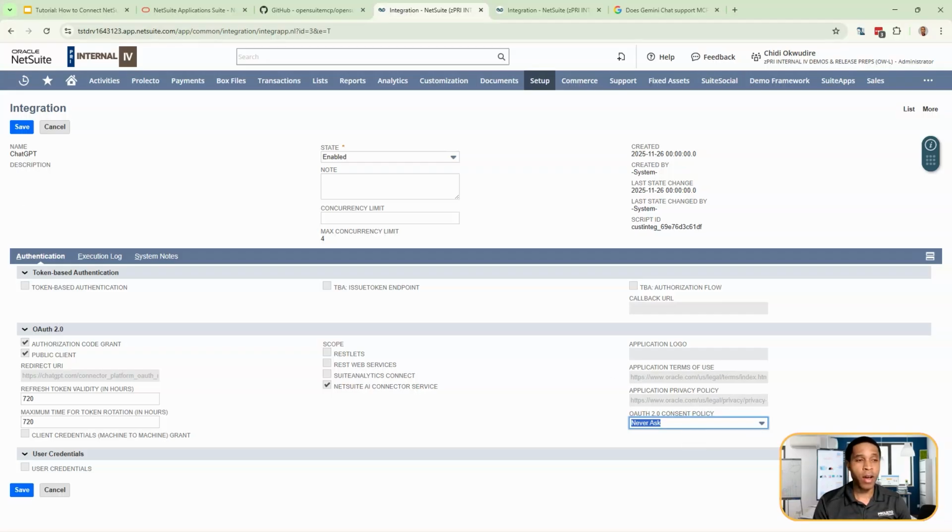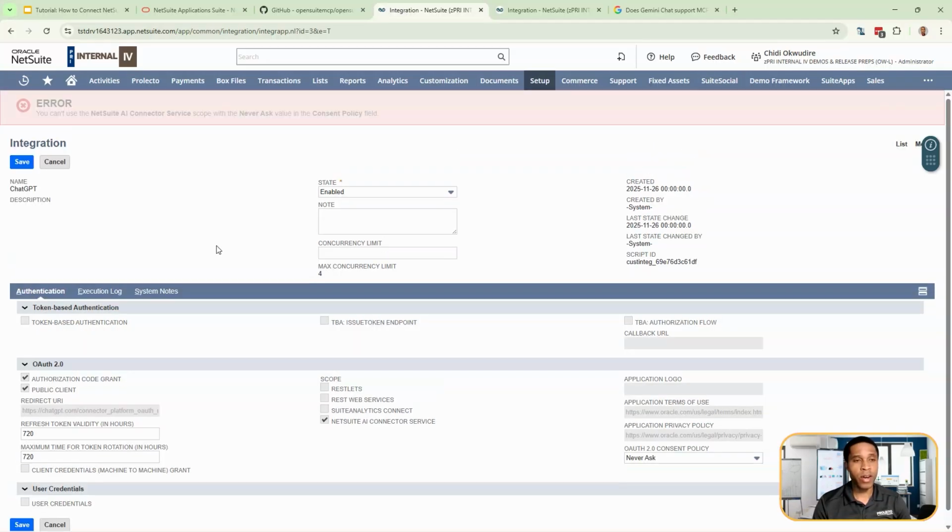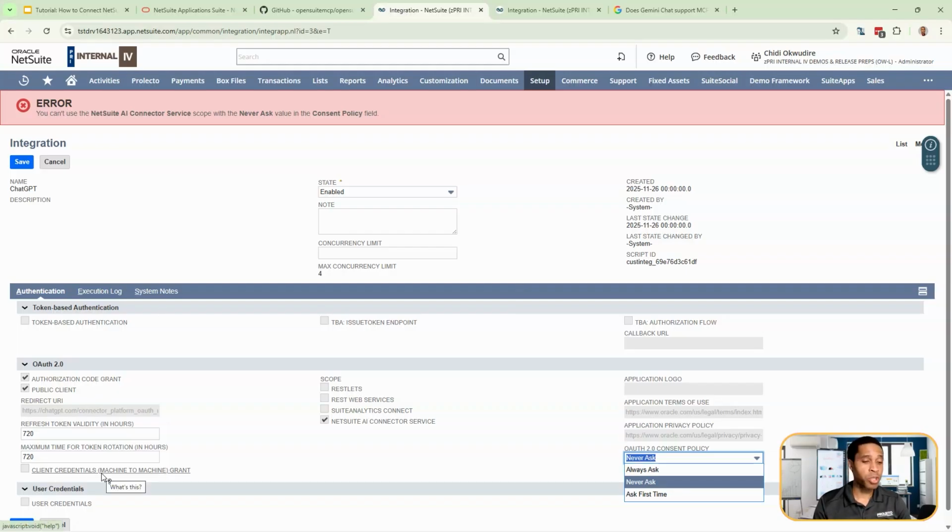If you set it to never ask and try to save, NetSuite is going to tell you no, you have to at least ask once. So it allows you to set it up as always ask or ask the first time. So there are a few controls that have been set here. For example, you see also that there is a notion of a machine-to-machine grant, which basically allows OAuth to work in a way that two systems talk to each other